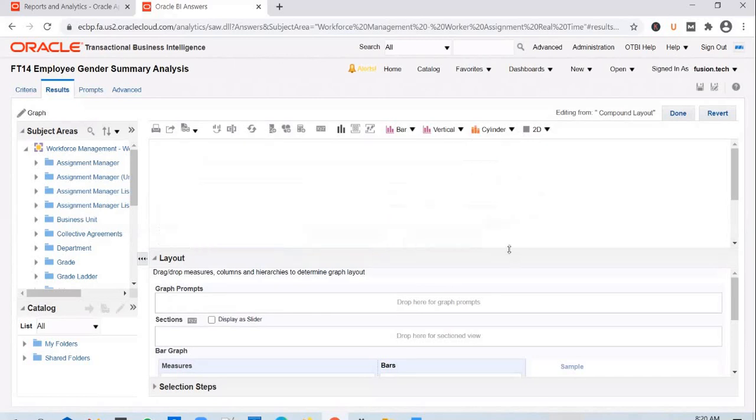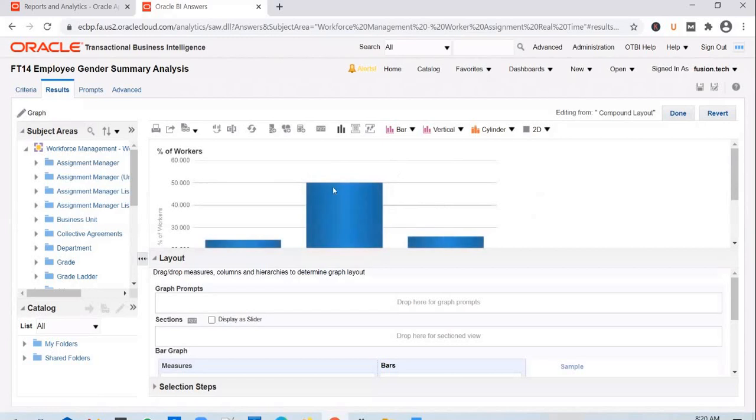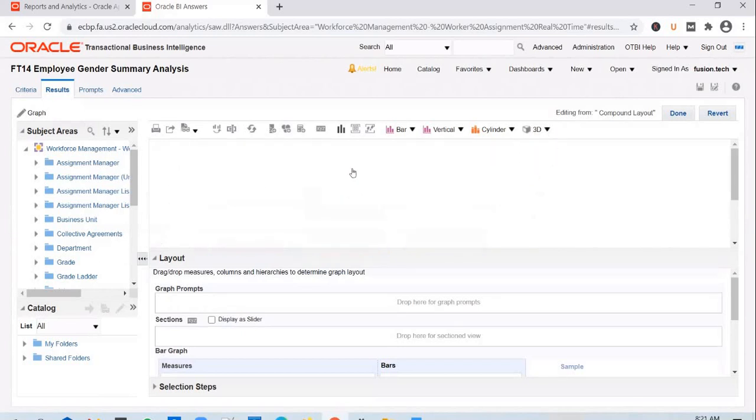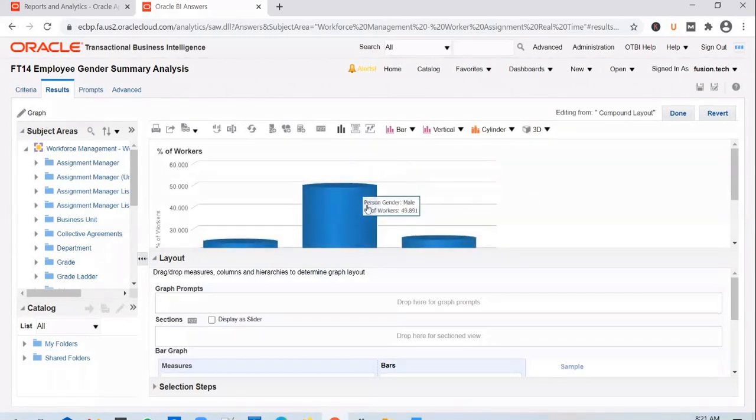That's okay. Let's change it to cylindrical. And if you change it to cylindrical, you see that this shape has changed to cylindrical. And you can also print it in 3D format. If you change it to 3D, you see that it gets displayed in 3D format. So this way you have hundreds of combinations. You can play around with it.